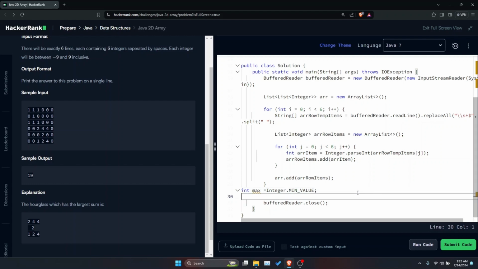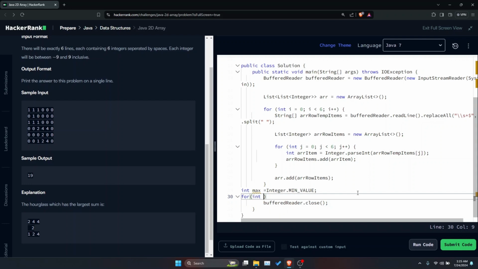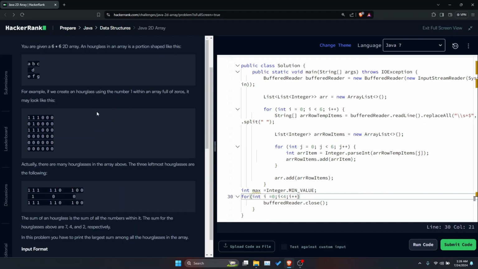So what we'll do is we'll use a for loop, initialize it, and I want to iterate it less than 4 times. So why am I iterating it less than 4 times? Because if I look at an hourglass, I should have a 3 by 3 2D array to fill in it.